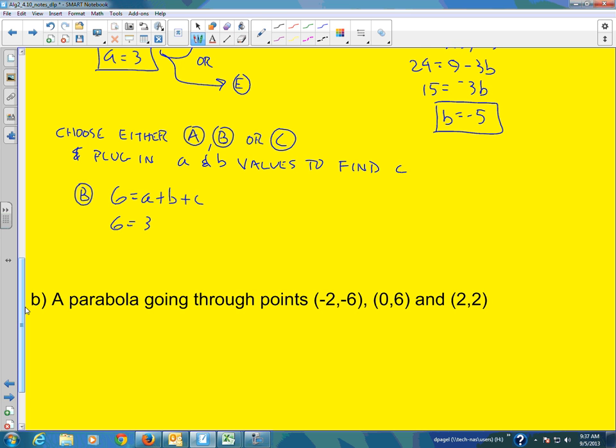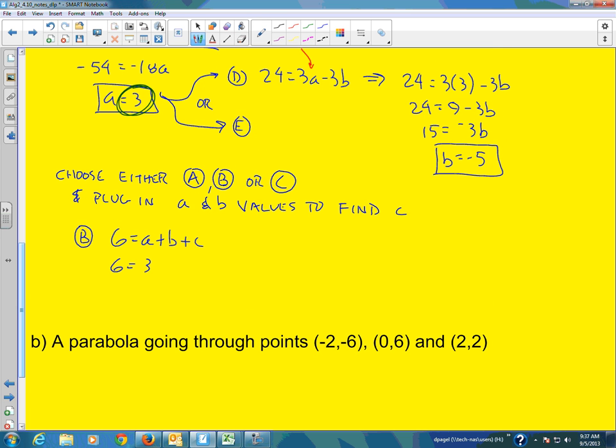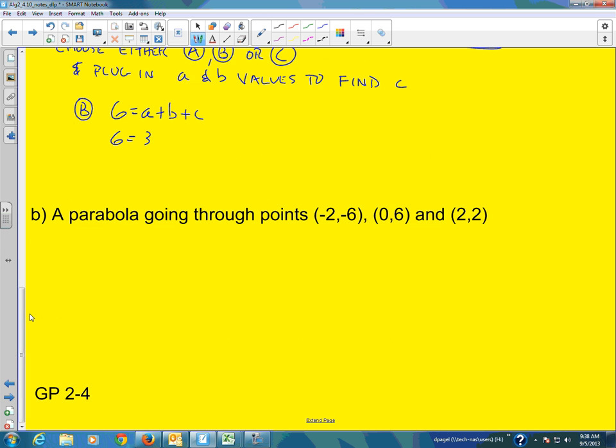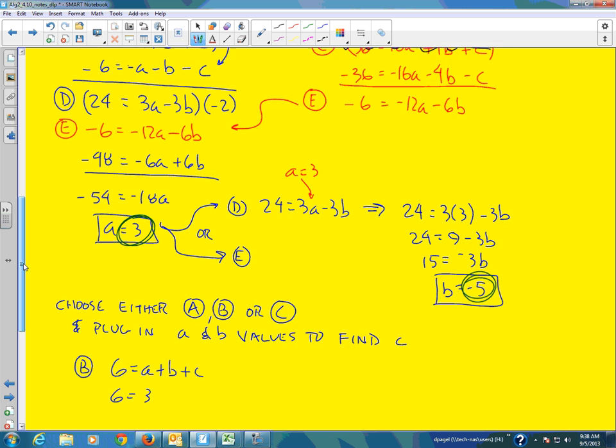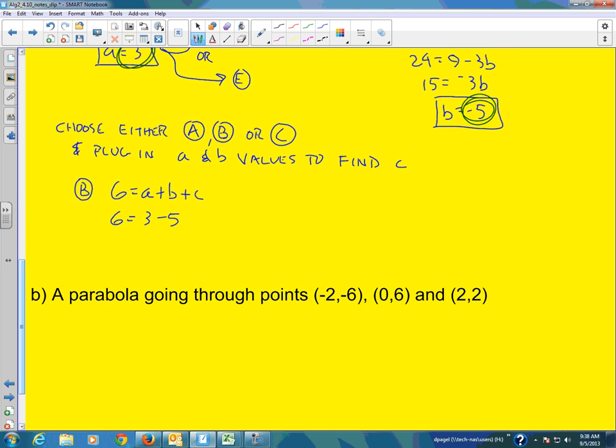Again, that's coming from right here. And then we're going to take b and plug it in. We get 6 equals 3 minus 5 plus c. 6 equals negative 2 plus c. C is equal to 8. Now that we found all of our unknowns, we can make our standard equation: y is now equal to ax squared